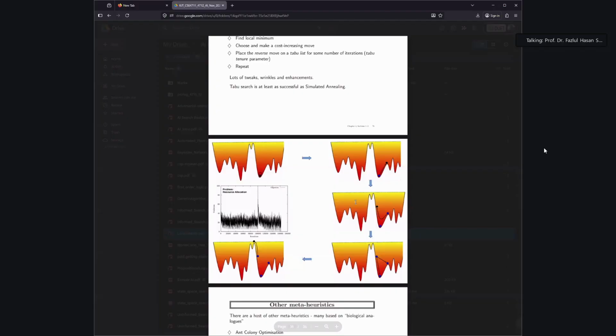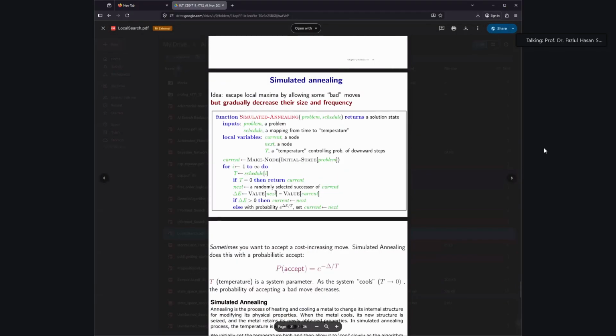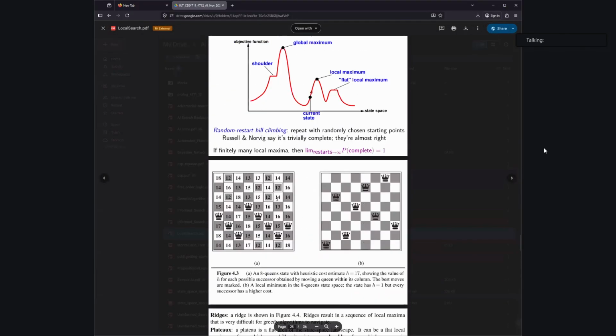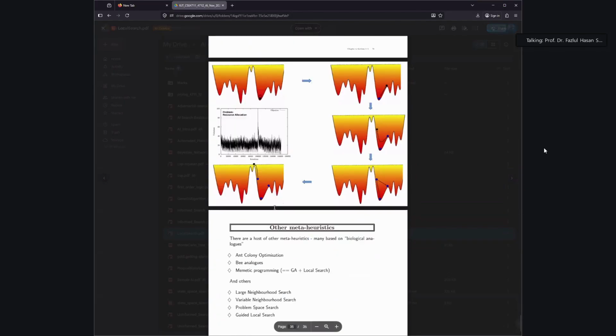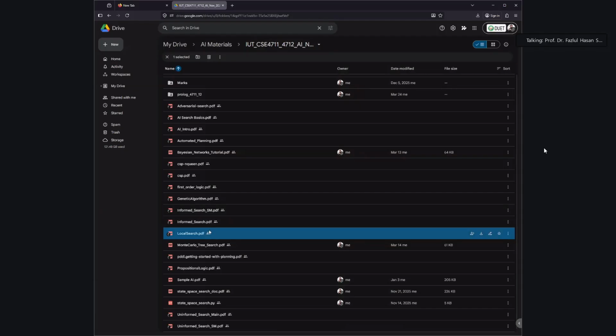Remember, when I'm saying one question, it means not exactly one question. It could be plus minus. Keep a threshold of like 5%, 10%, something like that. So this is the local search. Totally, you will get only from this slide. First thing first, is the local search clear to you?